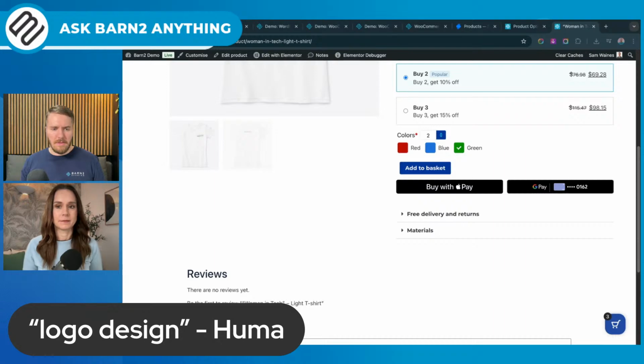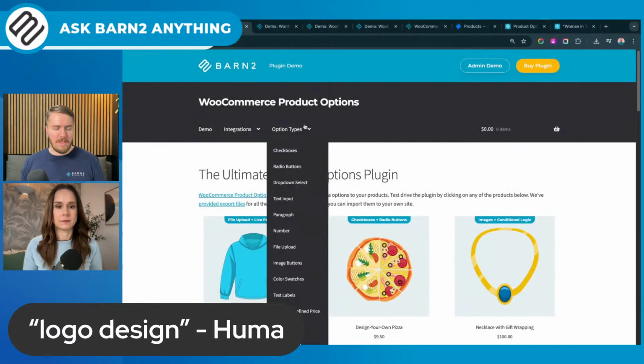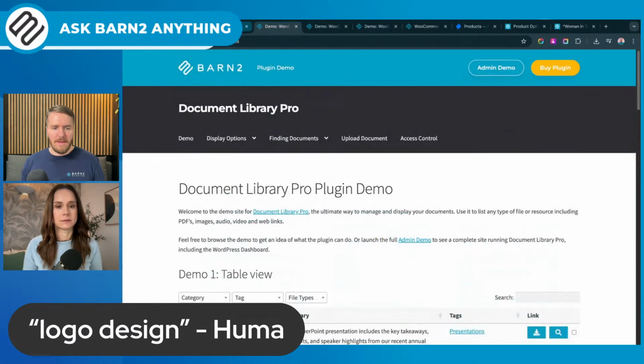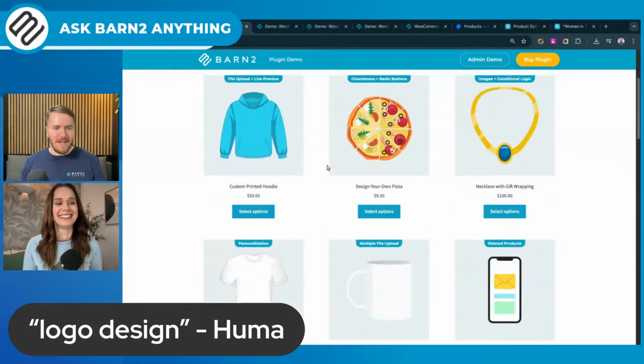And then getting back to another pre-submitted question. This is the entire question, by the way. It just says logo design. So we don't actually have a plugin for logo design. There are plenty of design, well, not just plugins, but entire software for design out there. So we don't help people to design the logo, but we do have, like I showed you before, the